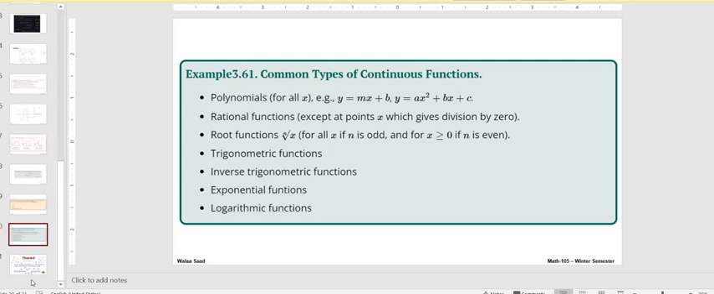For your notice as well, these are the common types of continuous functions that are continuous everywhere in their entire domain: the polynomials for all values of x, the rational functions except the points where x gives a divide by 0, the nth root for all x if n is odd, and if n is even, for x bigger than or equal to 0, it has to be positive inside the root. If it's a square root, 8th root, 12th root, any even root. But if it's an odd root, no, it's all real numbers. The trigonometric and inverse trigonometric, the exponential and the logarithmic, which we will discuss in the next tutorial. Thank you so